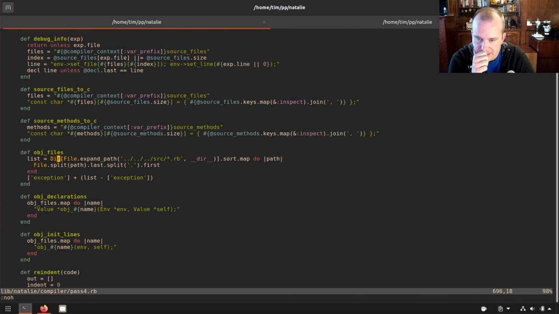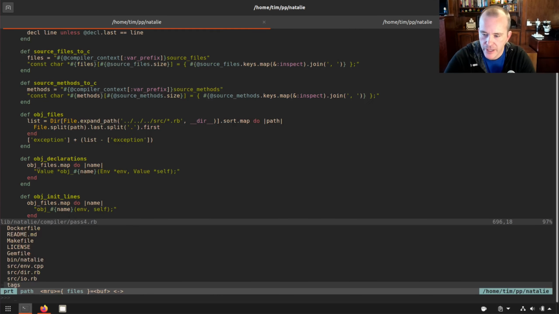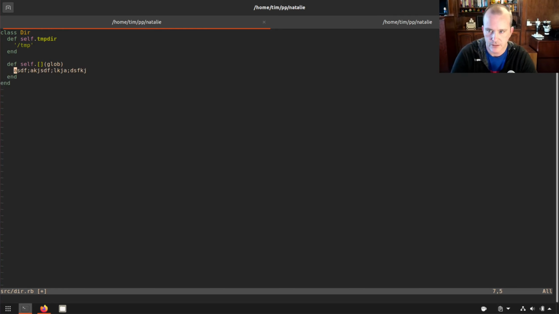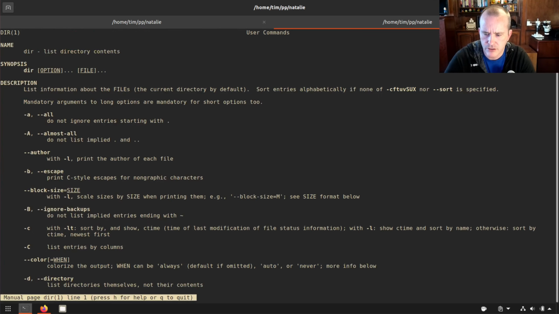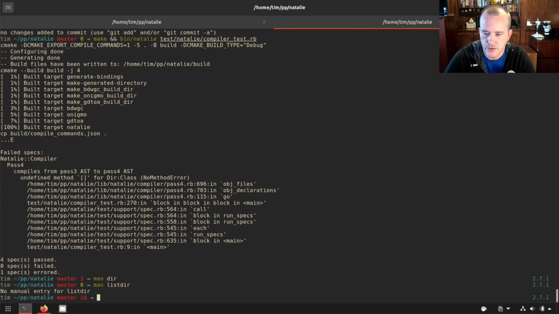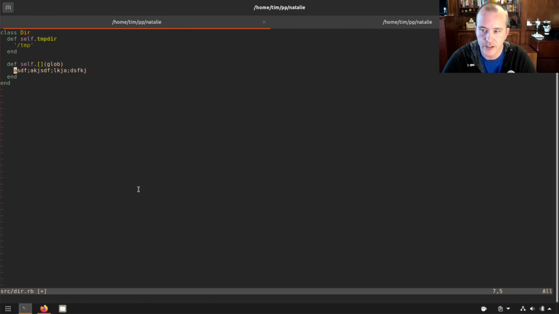Yeah, that's going to be a little bit more work. So let's call it good for today. We made some good progress. We have a dir.rb here, but it doesn't do anything yet. It needs this method, which would take a glob pattern, and it needs to do something. And I think I'll need to have some C++ code in here that lists directories. And I'm not even sure what the API in Linux is for listing directories. Yeah, I don't know. So I get to learn how to do that,